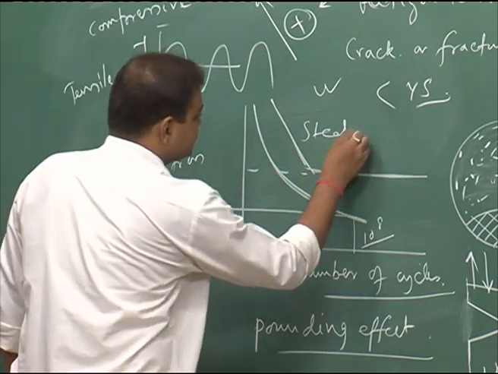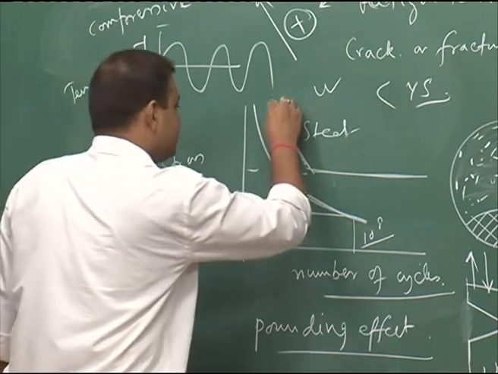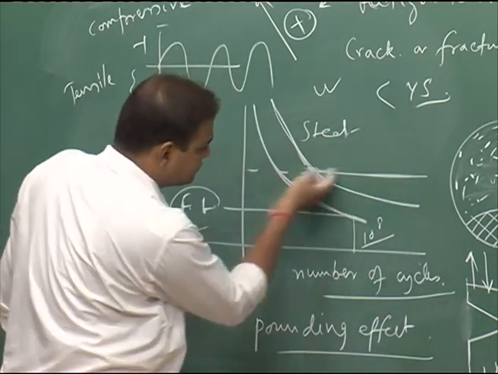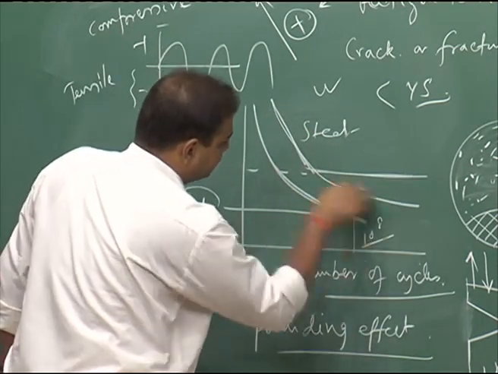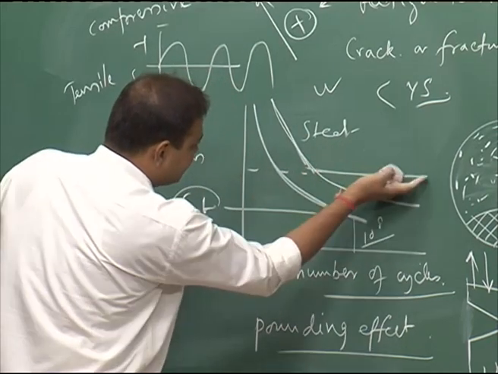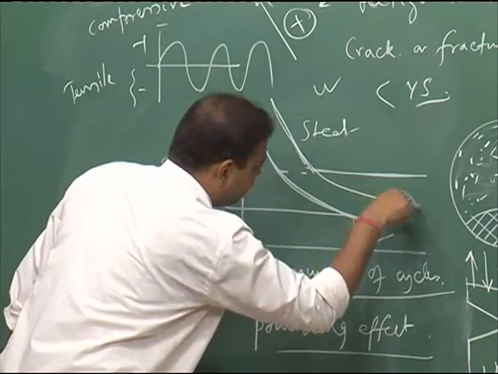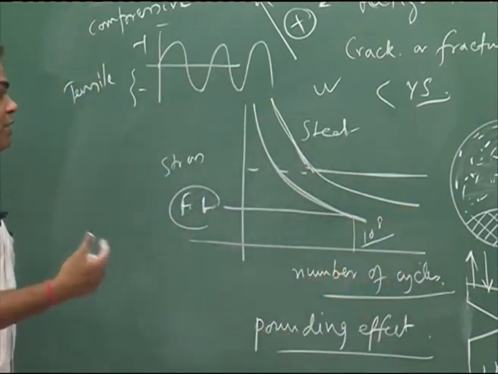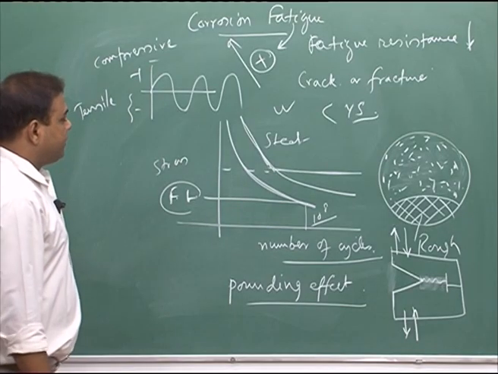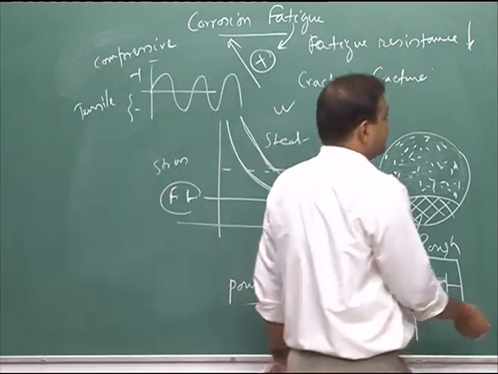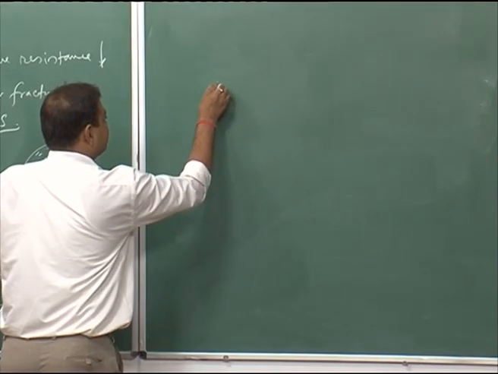But in the case of steel with corrosion, instead of having a well defined fatigue limit, we have a very smooth curve without a well defined fatigue limit. And the mechanism says that if we have, for example, on this